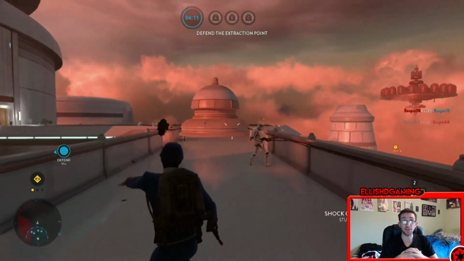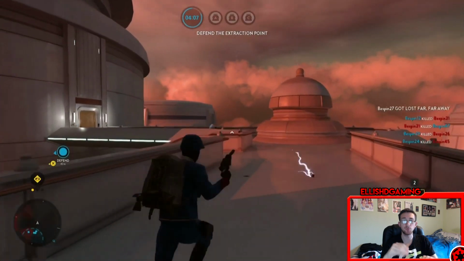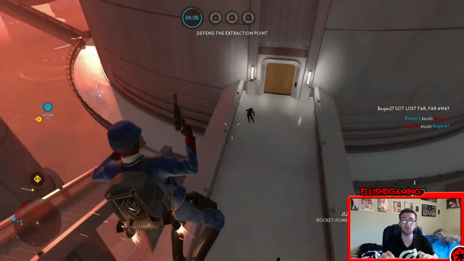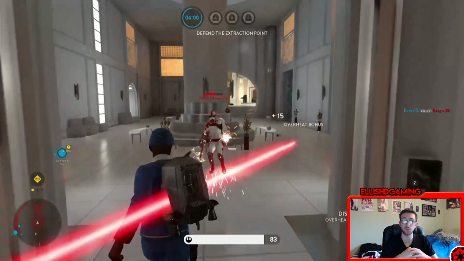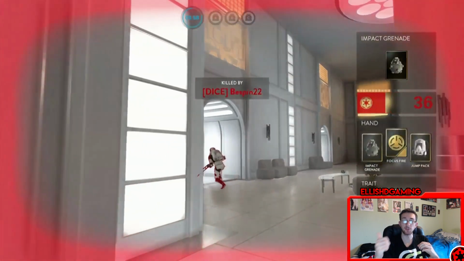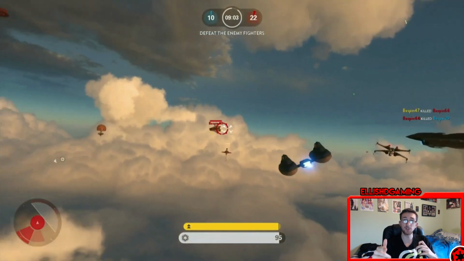So I like that. This is only for the Bespin though. That is not for the normal game modes. It won't change for the normal maps, but just for the Bespin DLC, that will be what is happening for game modes like Drop Zone. As I said, also you'll be able to play Supremacy and etc. But anyway, let's go on to the final thing which you guys are going to want to see,